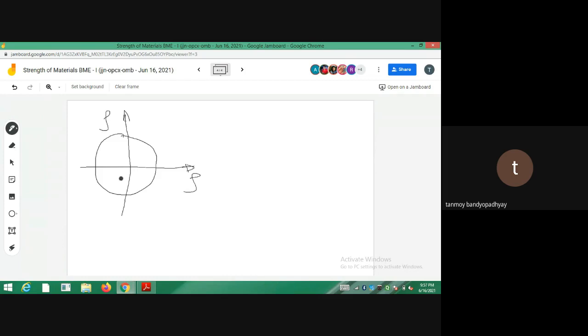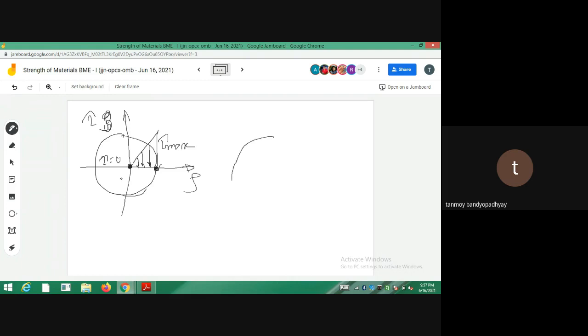So this is tau. At the center, the tau should be equal to 0, and it should be maximum at the outer fiber. So every outer fiber will be carrying the maximum. Any point lying on the circumference of the bar is always carrying the maximum torsion, and the torsion is always 0 at the center. So this is the variation of the shear stress tau. This one is your tau max, and at the center, tau is equal to 0.